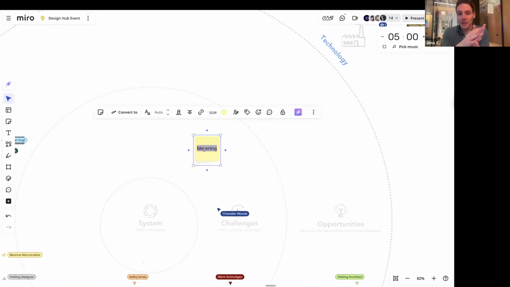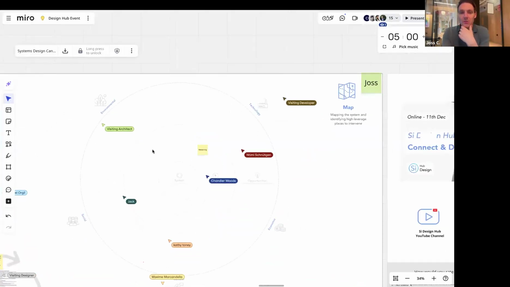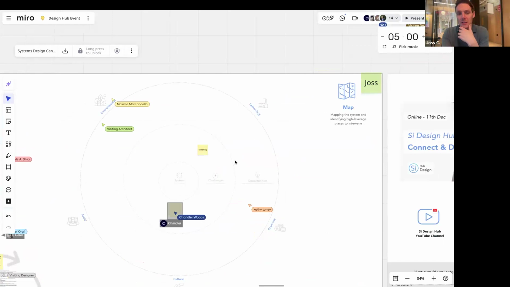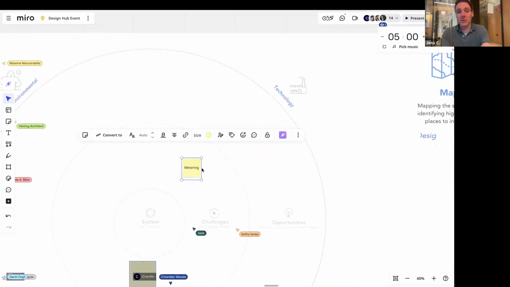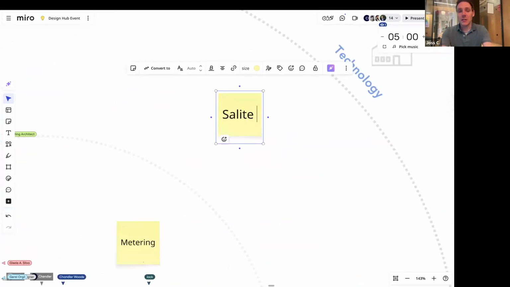How are we actually tracking the usage of water across the whole thing? That's the technological kind of question about data and so forth. Let's try post up other ones there. After that, we would then come into the second circle out here and we start posting up intervention places. Where are places we could intervene to start to change and address these challenges and start to change the system's dynamics? So with metering, we might say, well, there's a big opportunity now with satellite technology